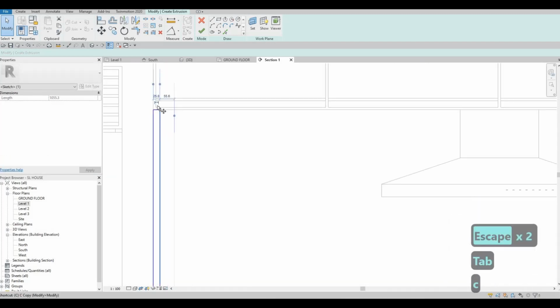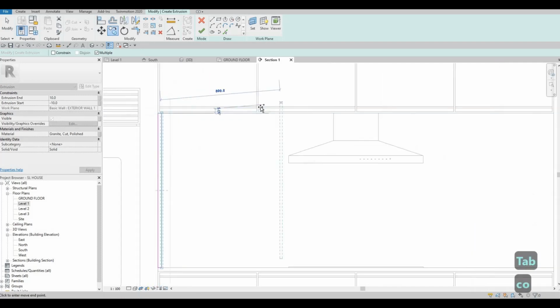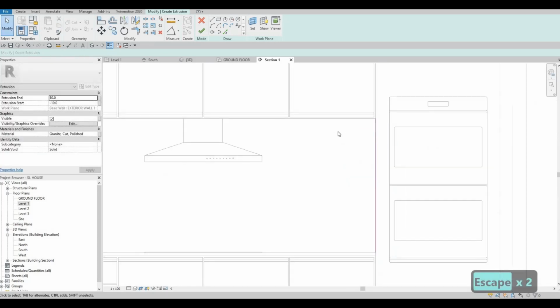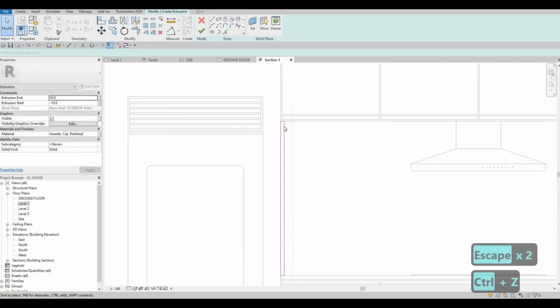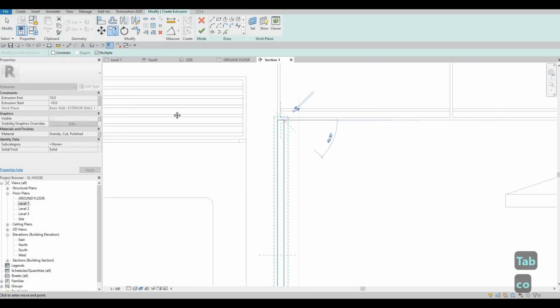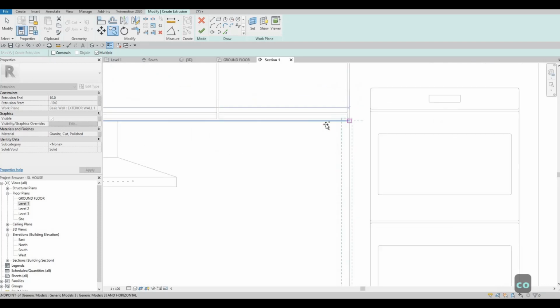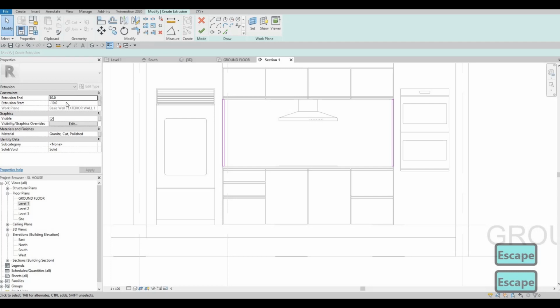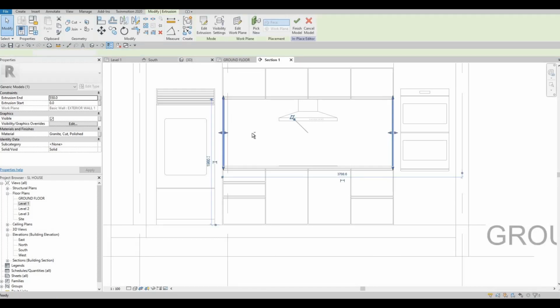Select all of them, copy, and then add it right in the corner. You need to select all of them, so click on tab, copy, and add that into the corner right there. And then here we need it to be 0, and then here 550 I believe is the depth. Click finish,